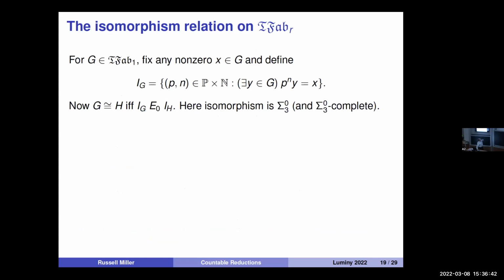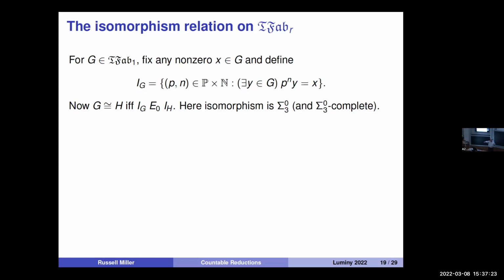So let me tell you just a little bit about the isomorphism relations. The one that seems pretty simple on TFAB1, here's what you do. You've got a TFAB1 group. I have another one. You pick a non-zero element in yours, which already by itself constitutes a basis because it's rank 1. I pick a non-zero element in mine. And then we go through and start filling in the elements of this set I sub G. That's not decidable from what we've got. It's computably enumerable, right? You say, okay, for each prime power, p to the n,